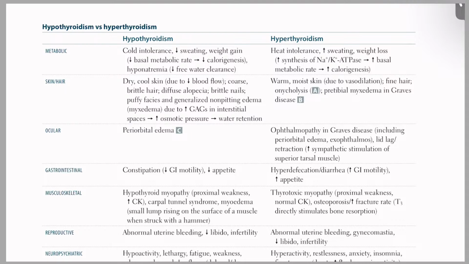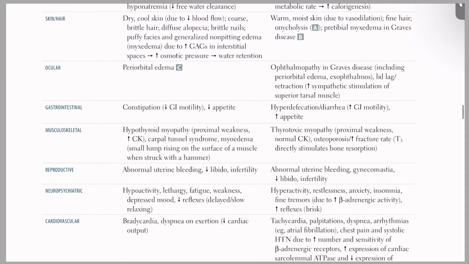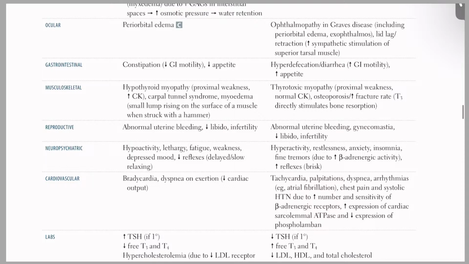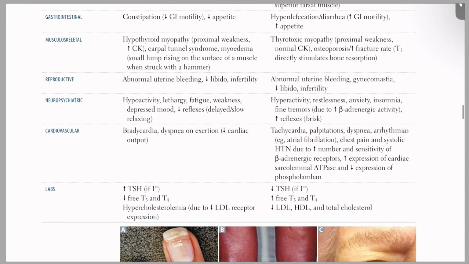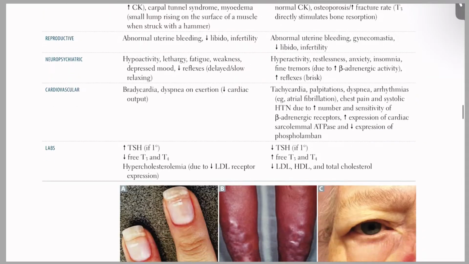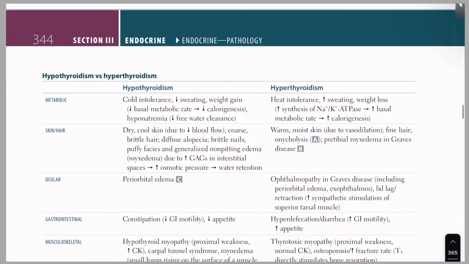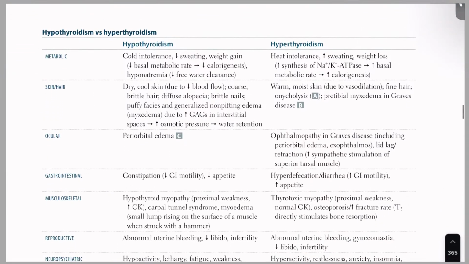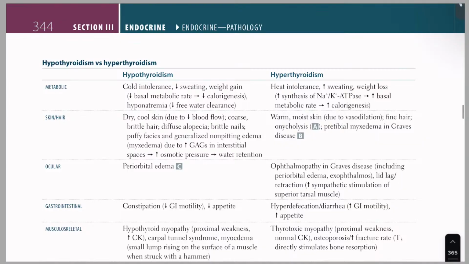Next, hypothyroidism versus hyperthyroidism. Hypothyroidism, hyperthyroidism. Comparing metabolic, skin and hair, ocular, gastrointestinal, musculoskeletal, reproductive, neuropsychiatric, cardiovascular, labs. Let's start with